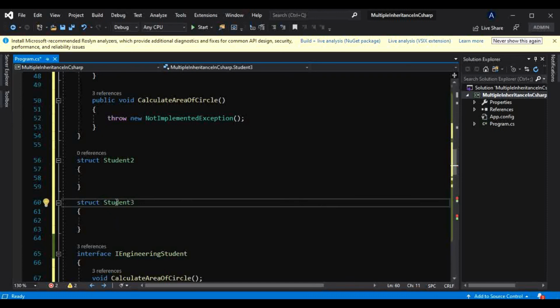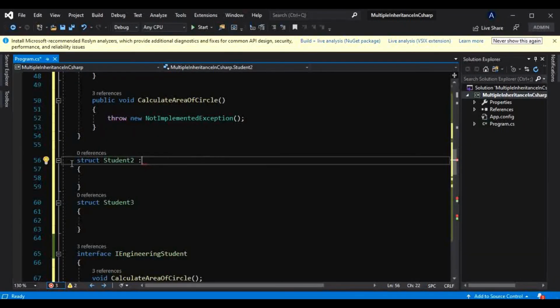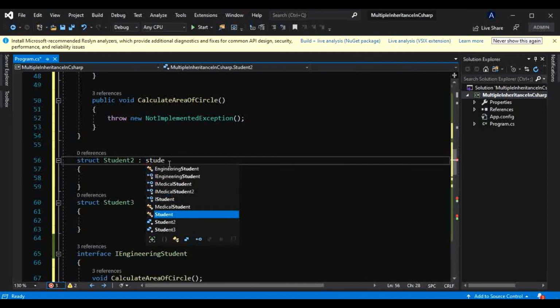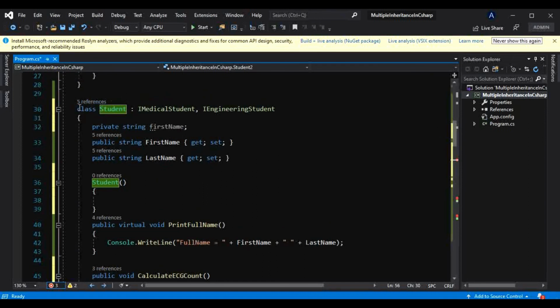Okay, so what that point says, a struct can inherit from multiple interfaces, and in case of abstract classes, a struct cannot inherit from an abstract class in the first place. Okay, so that struct cannot inherit from an abstract class. So let's just see that. We know Student is an abstract class, so let me make that abstract, because we have removed that. So this is an abstract class.